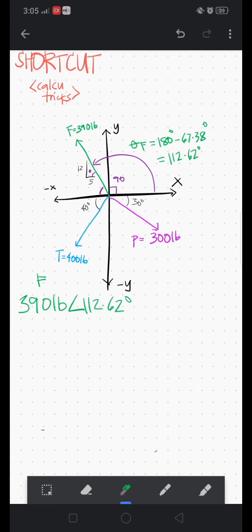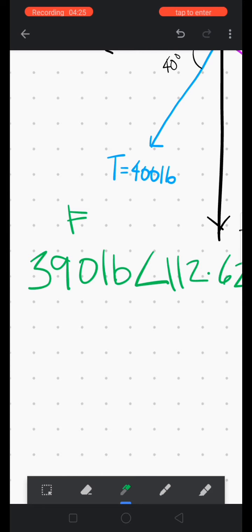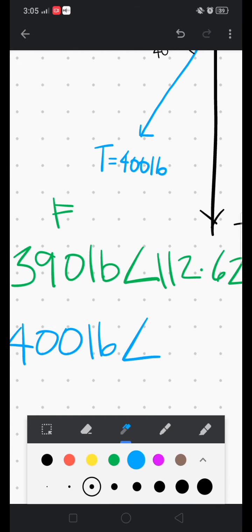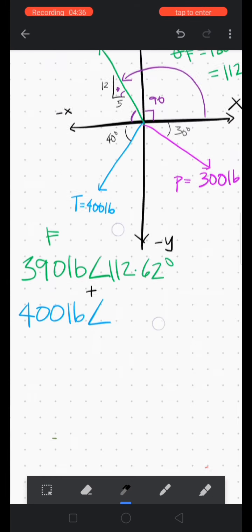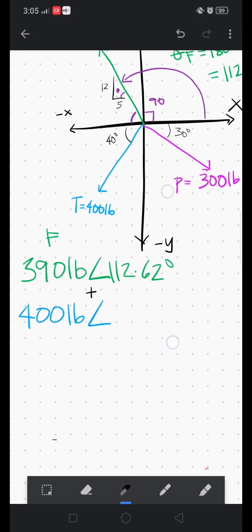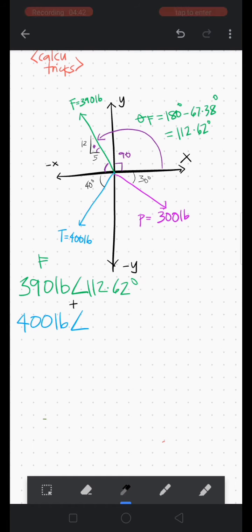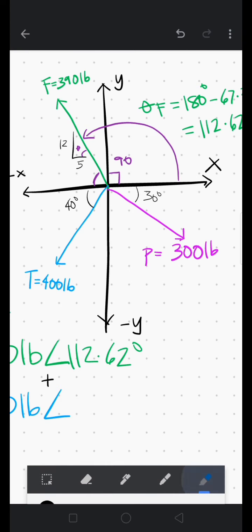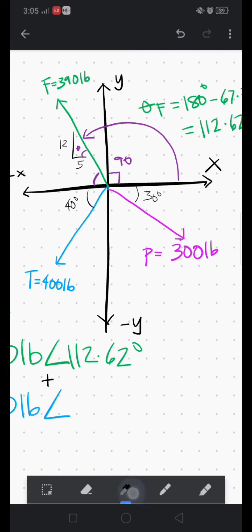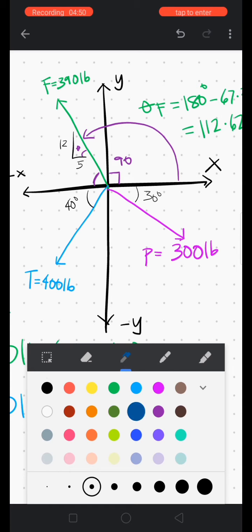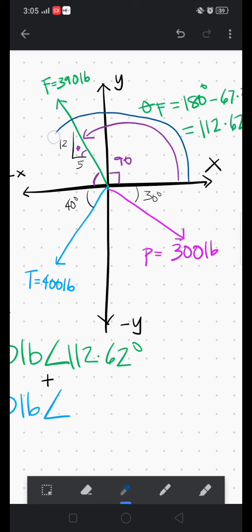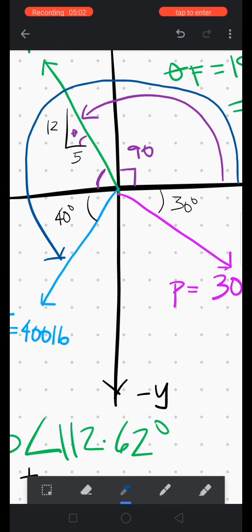Then, take note, we are adding here 390 pounds at angle 112.62 degrees plus 400 pounds, and again we're going to use the angle from this positive x direction towards our force in the counterclockwise direction. So if this is 180 degrees like that,